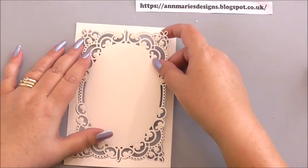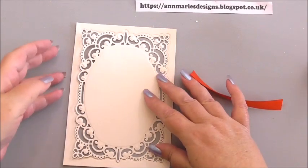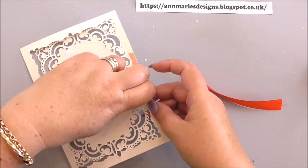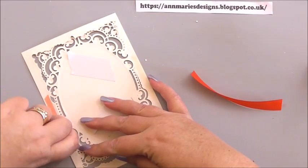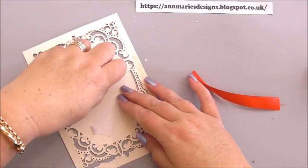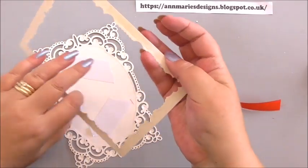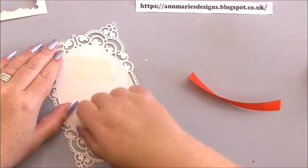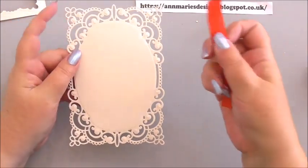And what I want to do is something that's quite fiddly, so we've got to do it away from the actual card front to begin with. So don't worry, I'll explain what I'm doing, but I'm just taking my tape away first, because, well, we need the tape removing. So what we're going to do is take the tape away from the frame like that,